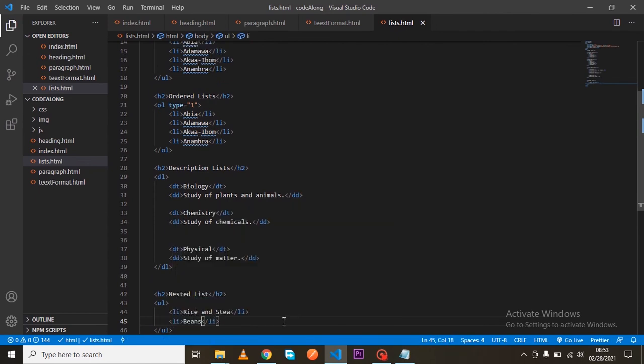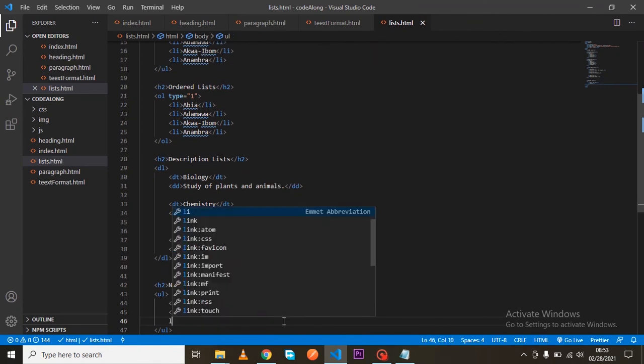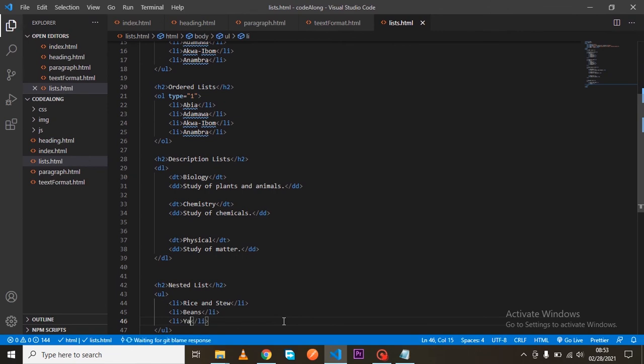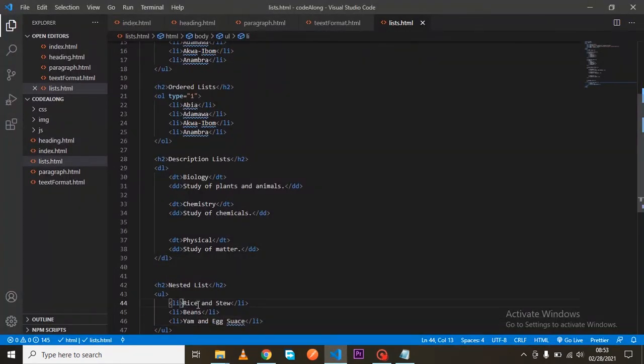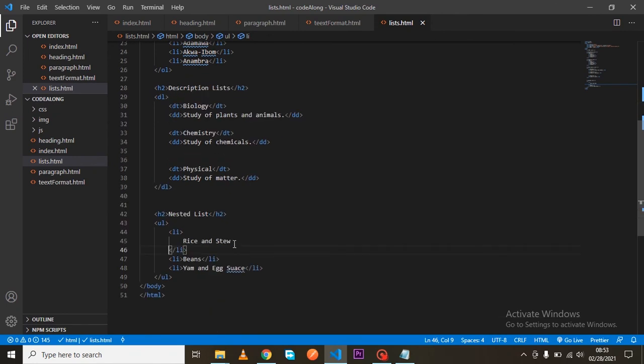So let's say beans, and yam and egg sauce. I'm not sure my spelling of egg sauce is correct. Okay, whatever. Now, what we have is this. For us to show the ingredients within each of them, just within the list item, we'll have to embed, we have to nest